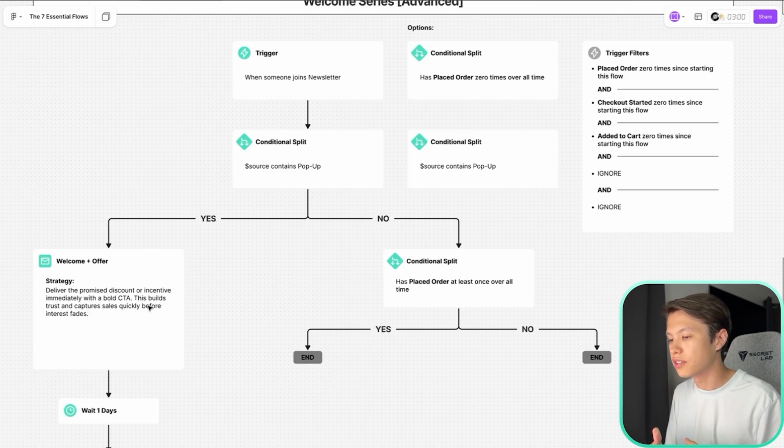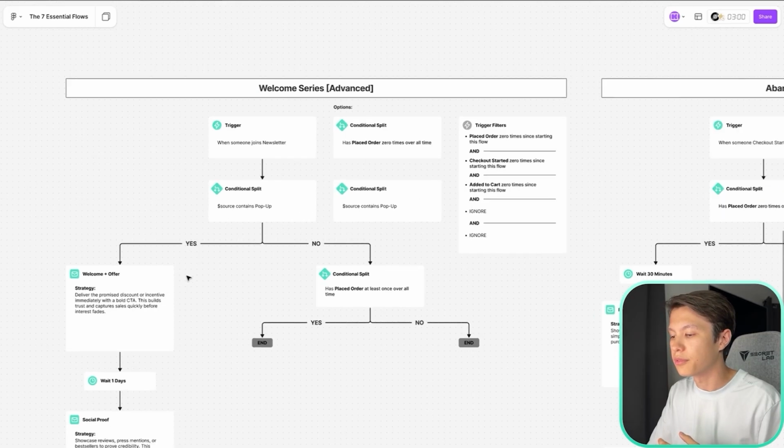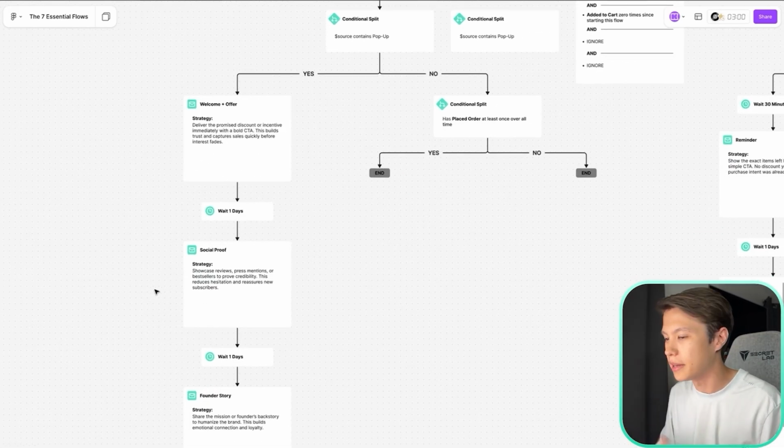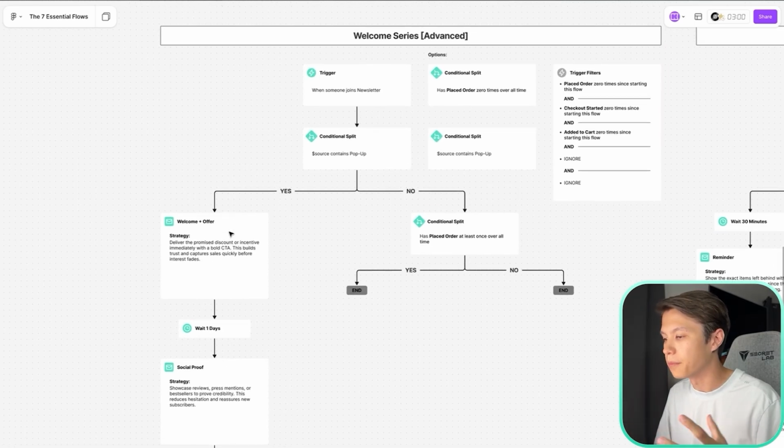That's where you start losing. If you did create something that's catered to the way they opted in, whether through this or through that, then you're obviously going to see continuity of messaging, which is going to convert a whole lot better. So you're still going to see the same kind of strategy here. Obviously I copied and pasted it from the top, but you can always adjust it to personalize it to the actual person going through it. So that's where I'm going to stop with the welcome series, and we're going to move on to our next